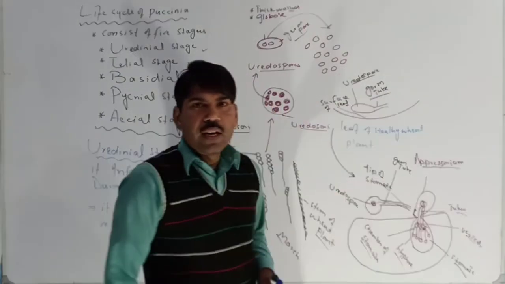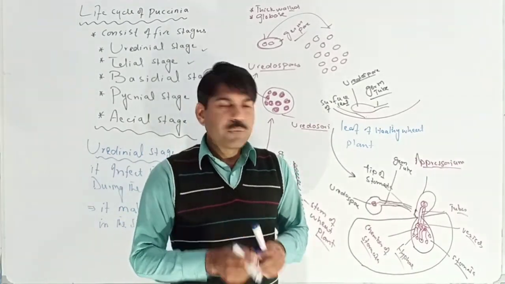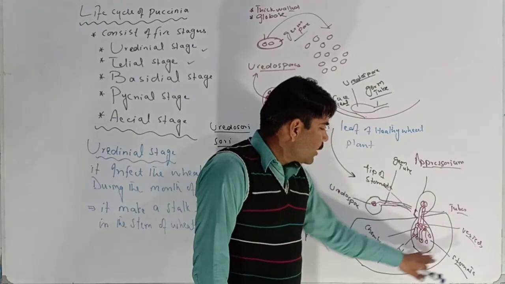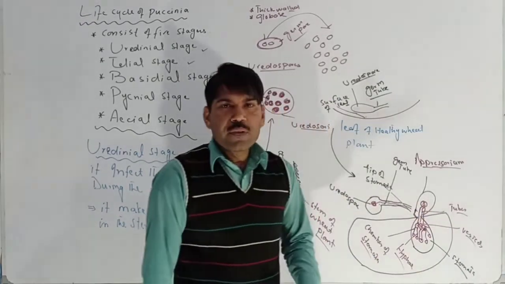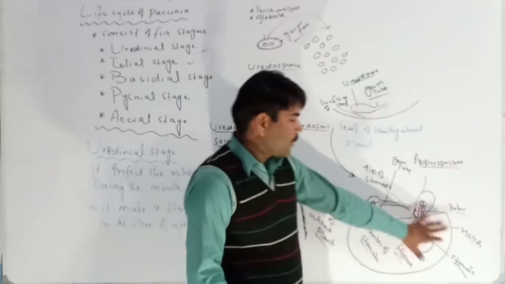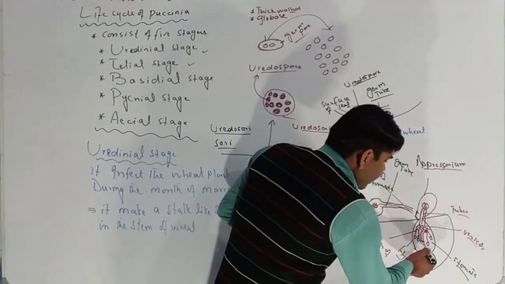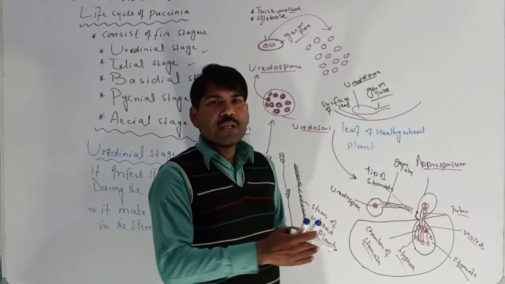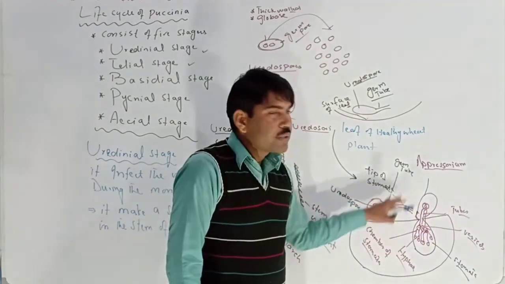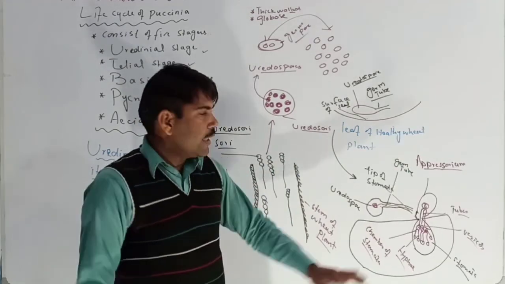The haustoria are extensions of the hyphae, involved in absorbing food material from the chamber of the stoma. These hyphae become dikaryotic and will again produce urediniospores, and these urediniospores will again infect other wheat plants. So this process will continue. Now we have discussed the uredinial stage, in which urediniospores